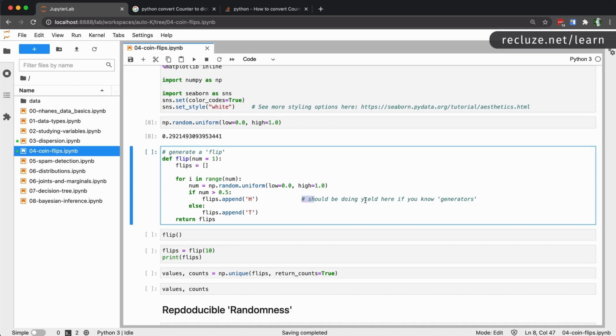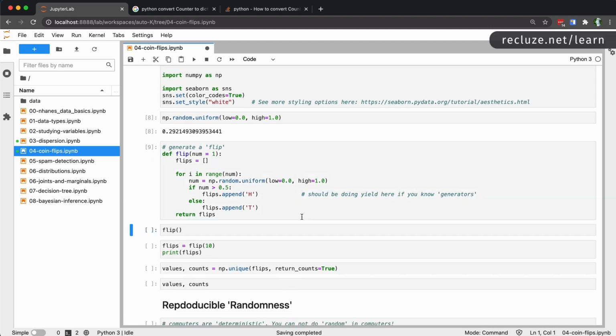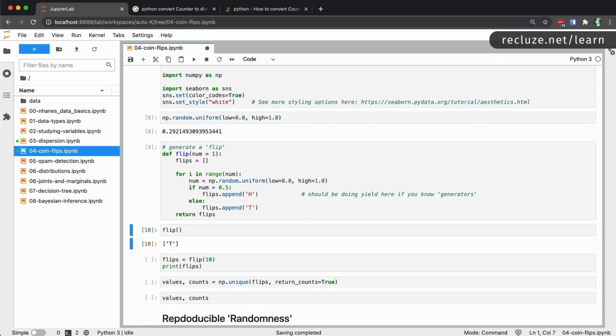By the way, if you've seen my course on Beyond Basic Programming, we cover the concept of generators over there, which you should be using here, but since that's slightly beyond the scope of this course, I'm going to skip that. So we have this function over here. We can go ahead and call it: flip, flip, flip. By the way, I'm holding down control and hitting enter, so that is how I'm repeatedly running this cell. And as you can see, it's generating heads and tails in a list.